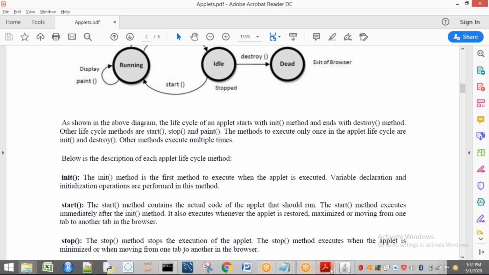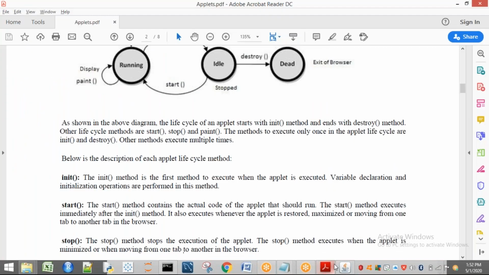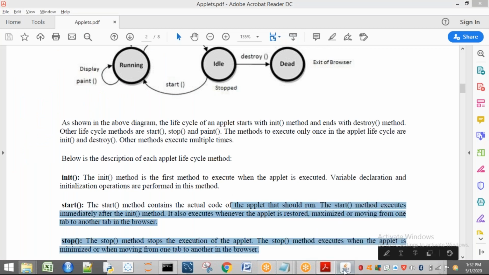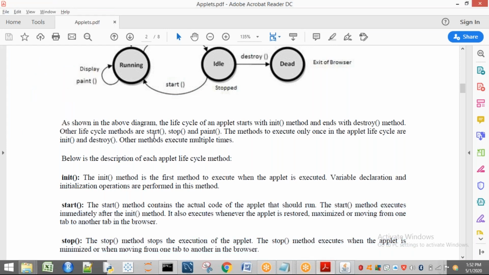This is called restoring. Already the applet is in the idle state now. When I click, it is called restore. Now two different windows are there, and your applet is in view but in idle state. That is nothing but maximized or moving, anything.